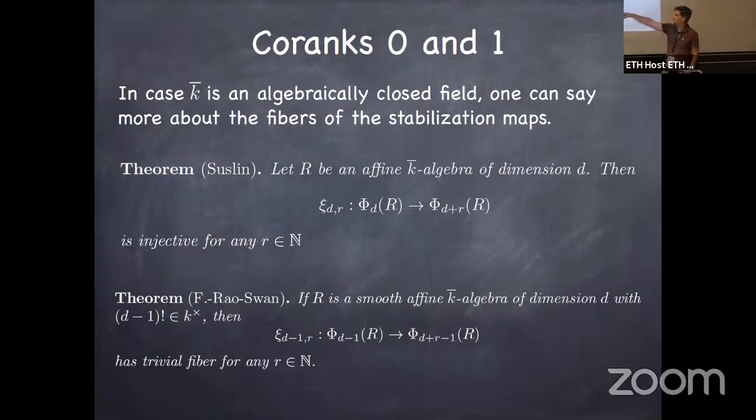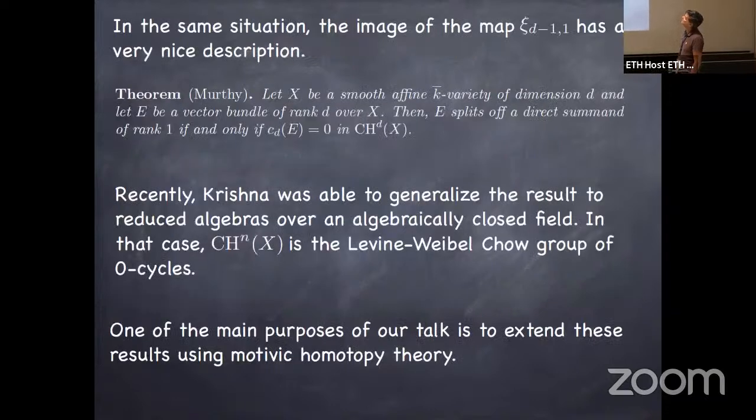By this I mean that if you take the free thing of rank D plus R minus 1, then its preimage is just the free thing of rank D minus 1. Right, so this is about the fibers of the stabilization map, but you also have a very nice theorem on the image of it. So again, if you start with a smooth affine K-bar variety, which is the same as saying that we take a smooth K-bar algebra of dimension D, then, well, if you look at the stabilization map from Xi D minus 1 to Xi D,